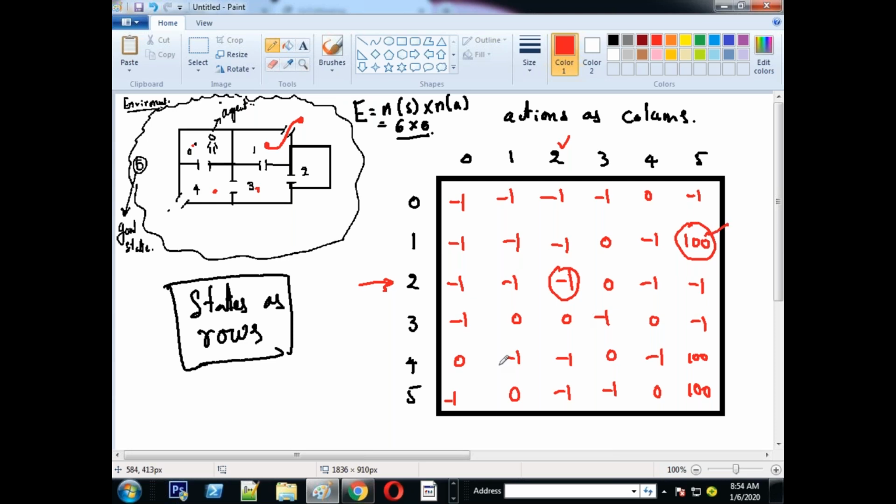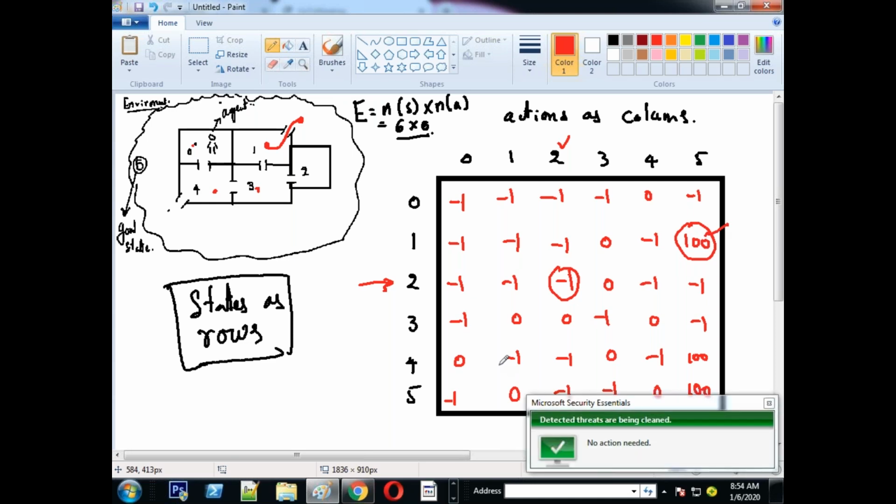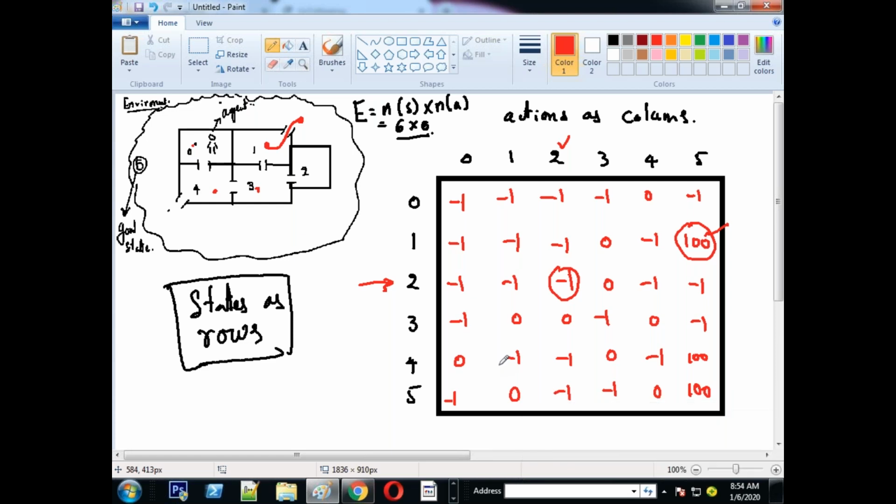In that way, your rules will be defined in the form of an environment matrix. It has 3 spaces: action space, state space, reward space. But the structure should be like this: states as rows, actions as columns. Each cell is a reward. All of you clear about this? Come on, take this, note it down.